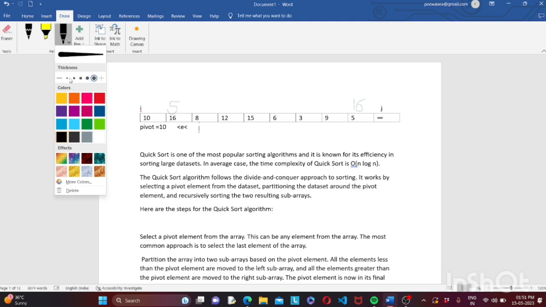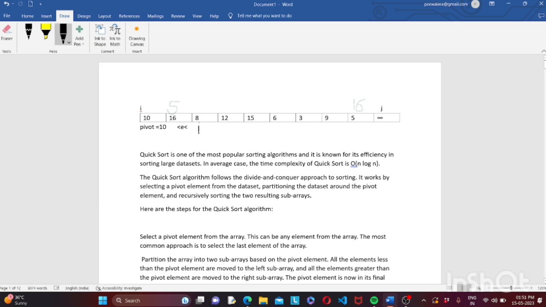अब हमारा आई यहाँ पर है जो हमने मार्क करके रखा है, और हमारा जे भी बढ़ गया, तो जे यहाँ पर आ गया। अब हमें आई को देखना है कि आई को इंक्रीमेंट करना है until you find an element greater than 10। तो क्या आई ग्रेटर देन 10 है? नहीं। और जे को हमें ये देखना है कि until you find an element less than 10। हाँ, जे तो लेस देन 10 है।